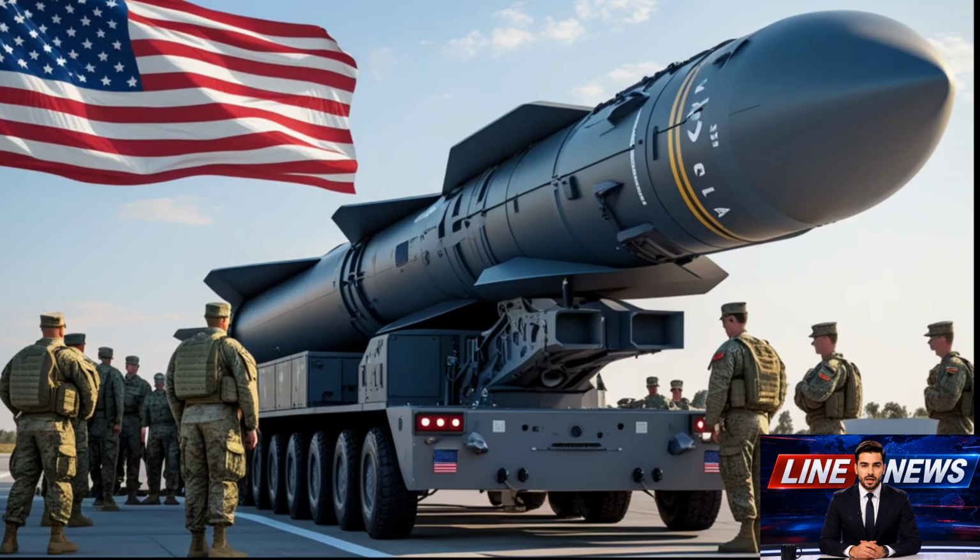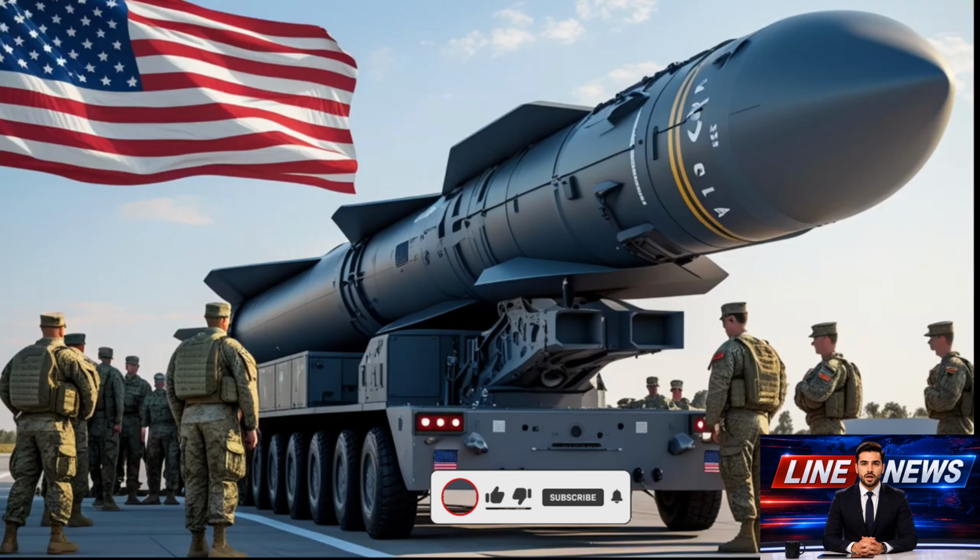In today's world, modern missile systems are far more advanced, featuring stealth technology, satellite guidance, artificial intelligence integration, and hypersonic speeds. But the foundations of these technologies were built by earlier systems like the AGM-28. Without the innovations introduced by Cold War engineers, many modern weapons would not exist in their current form. As we look back from 2026, the AGM-28 Hound Dog stands as one of the most important air-launched missiles in military history. It combines speed, long-range strike capability, nuclear power, and advanced guidance into a single weapon system that transformed